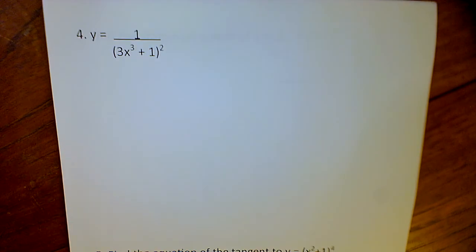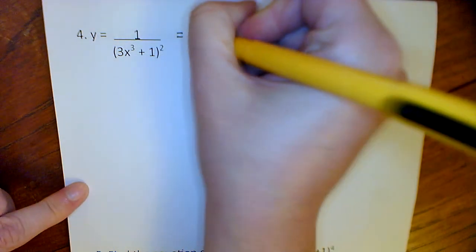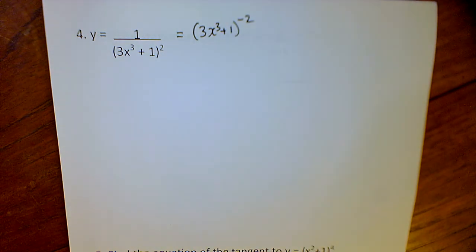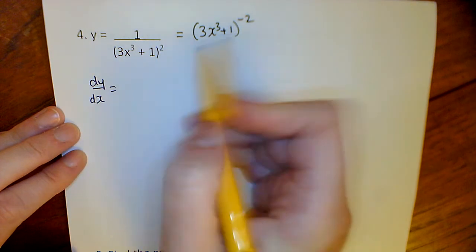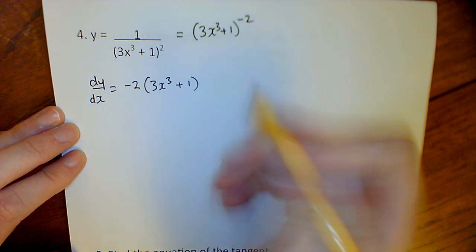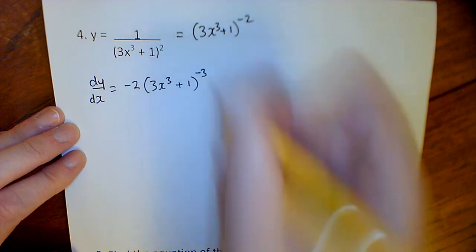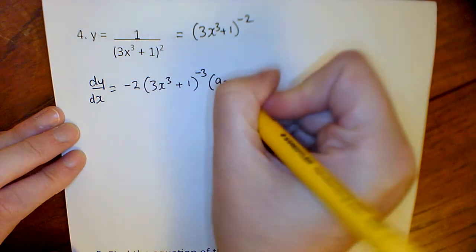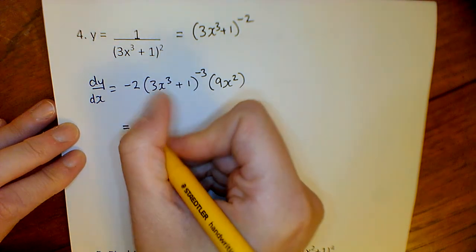1 over 3x cubed plus 1 all squared. So we bring that up, so it's that to the power of minus 2. So differentiate, we get minus 2 upon 3x cubed plus 1, and then just be careful with your minus signs. So it's minus 2, take away 1, so we'll get minus 3, and then differentiate what's in the bracket, so we'll get 9x squared, and then tidying it up,